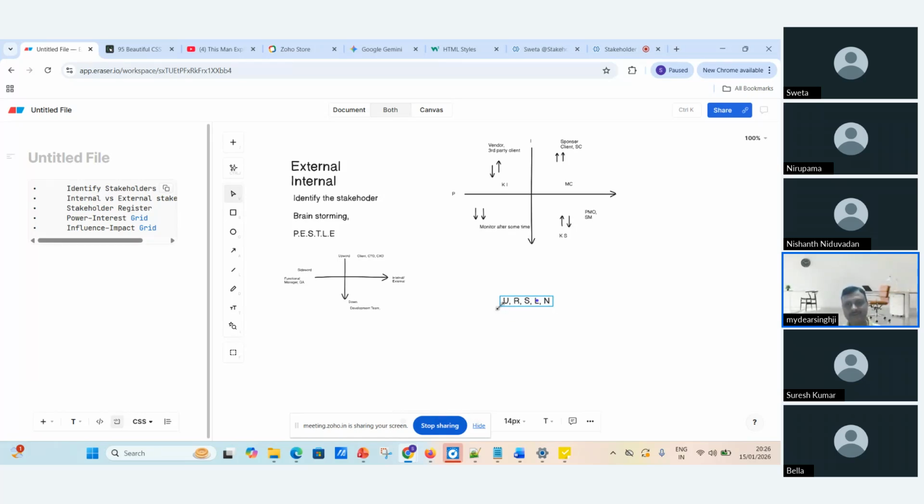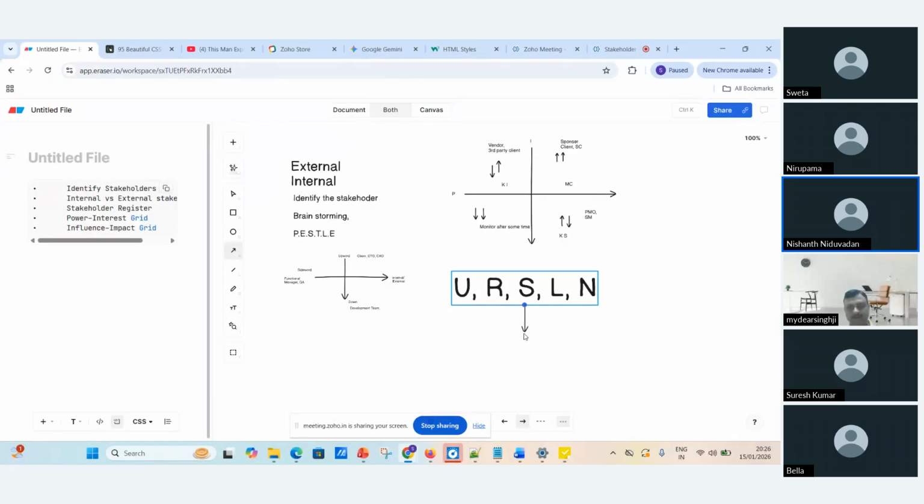Any idea about this stakeholder categorization? Unaware, resistant, supportive, leading, neutral. Any idea about that? No. Okay. The terminology lets me make some guesses, but I'm not very confident.